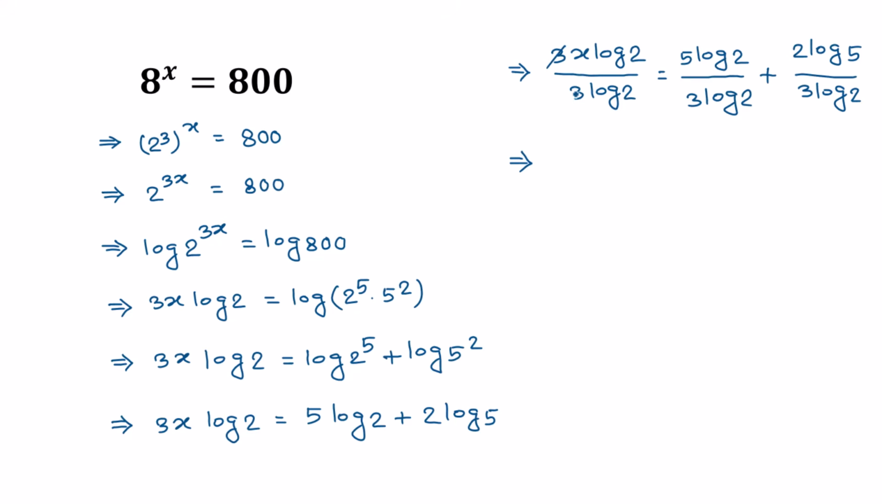The 3 and 3 will cancel out, and log 2 and log 2 will cancel out, and it will be x. So the left side is x is equal to, here log of 2 and log of 2 will cancel, and it will be 5 over 3, plus 2 over 3